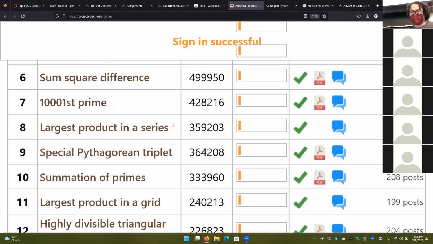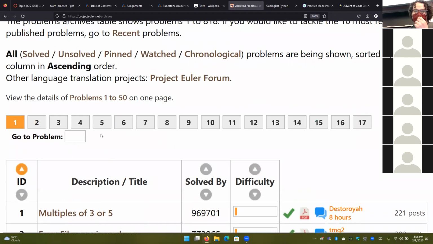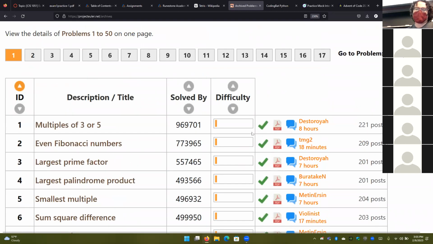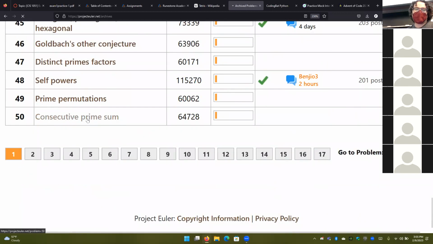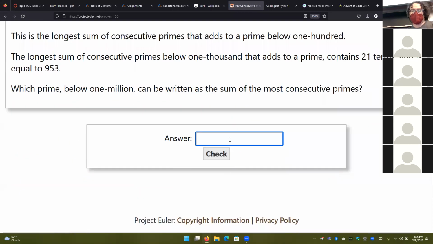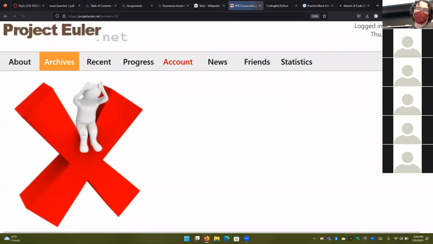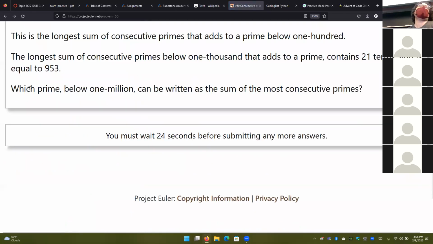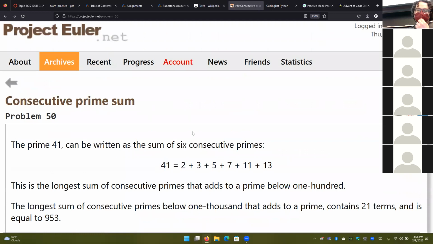So let's see. I've solved a number of these puzzles before I had to get on with other things. But what they are is that they'll give you a puzzle, and they will give you a box to check it in. If you check it, it'll tell you whether you're right or wrong. If you get it wrong, you've got to try to solve it again. And if it's right, it will open up a forum for you to discuss the answer with other people. You can do it in any language because, of course, these are math problems.